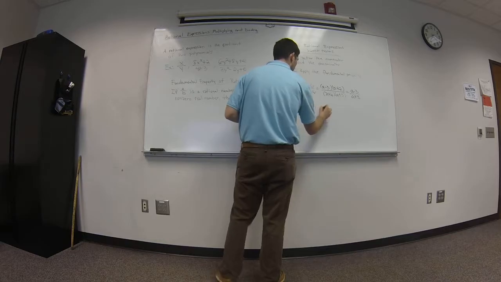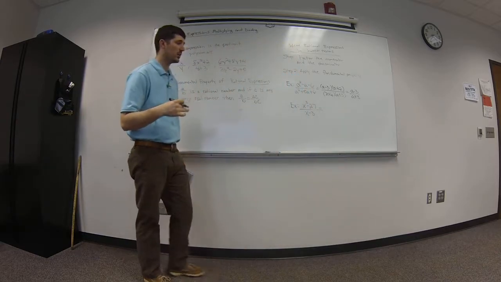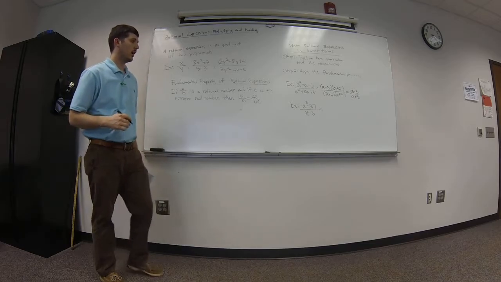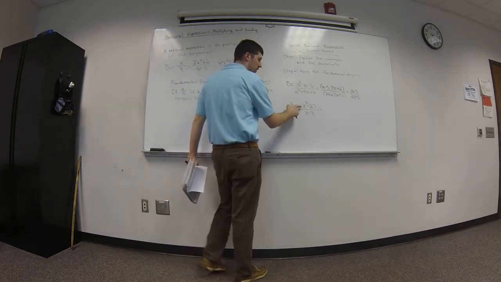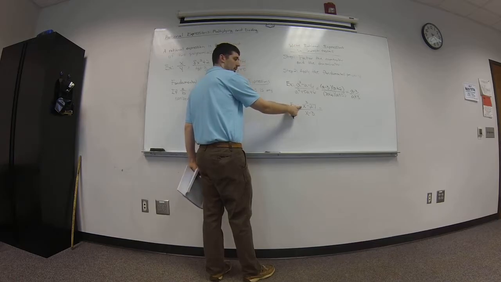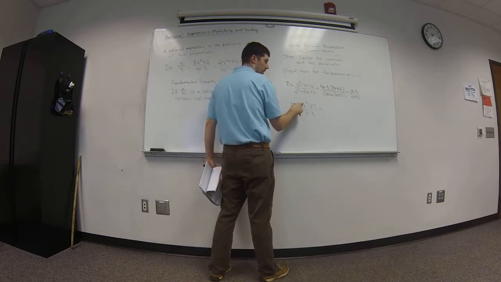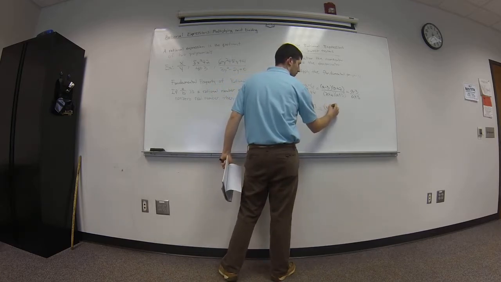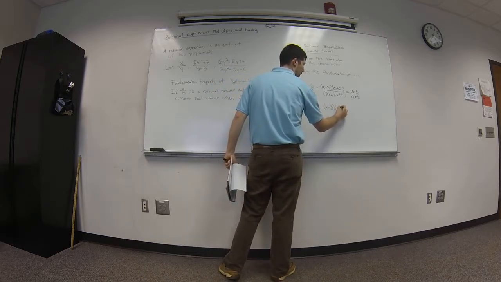All right, and in order to do these problems, we need to be very proficient in our factoring. So you need to be good at factoring. Let's look at this one. Right away, I should be able to notice that this is a difference of cubes. So that's x cubed minus 3 cubed, which factors into x minus 3 times x squared